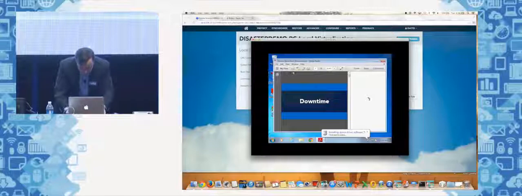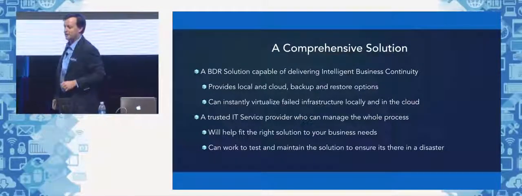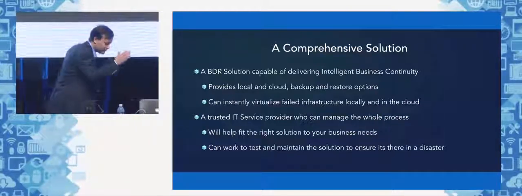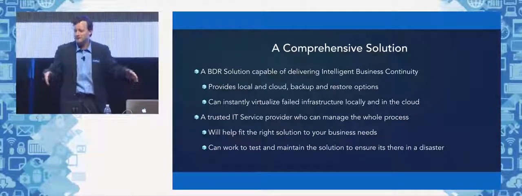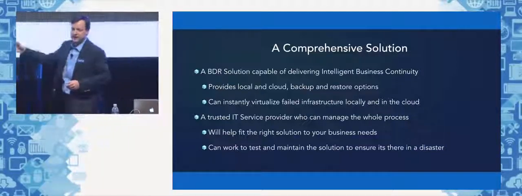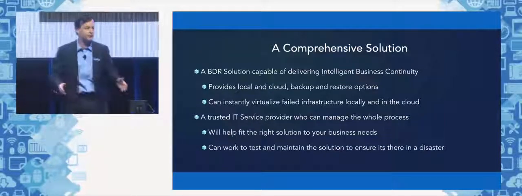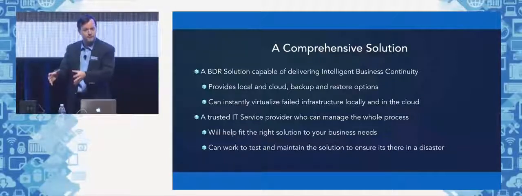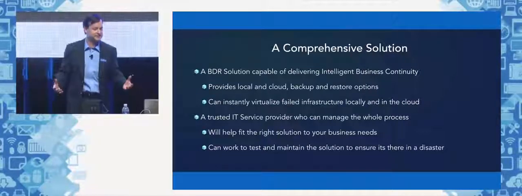And I'm not going to make you guys go through every slide. So here we go. How can you dramatically reduce your risk of downtime? Well, how about having a comprehensive solution? A comprehensive solution that is able to do a complete virtualization inside of a demo, inside of a presentation, a BDR solution that has a local component and a cloud component that is backing up entire systems, not just data. Backing up your data is not a comprehensive solution because you do not have the infrastructure to run the data, the applications, to run the business processes. That's what's important.